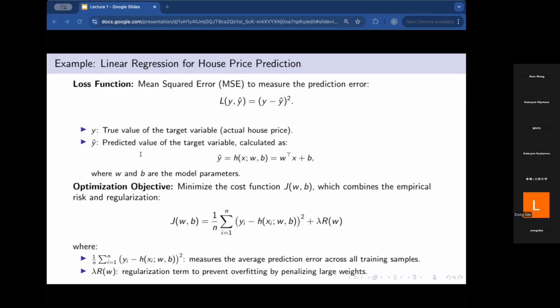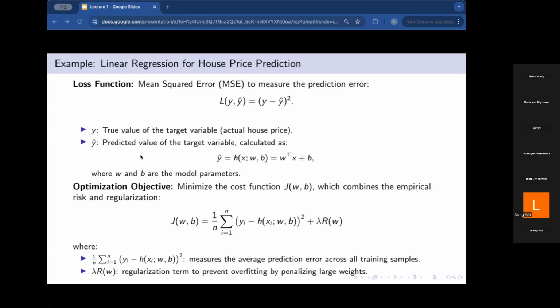The first term measures the average prediction error across all training samples. And the second part of the cost function is the regularization term, which helps prevent overfitting by penalizing large weight values,